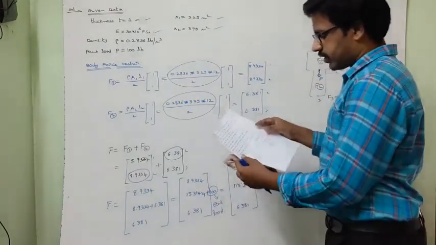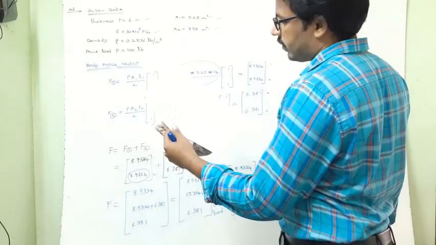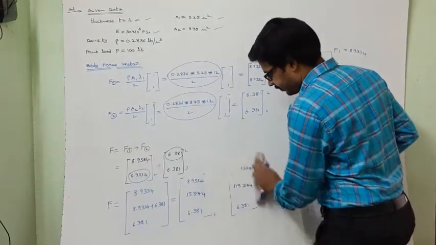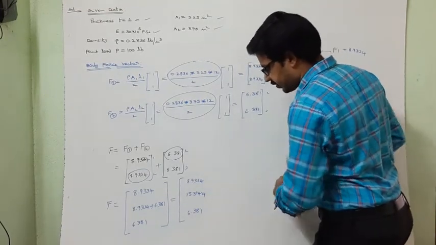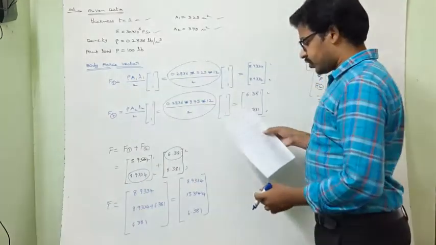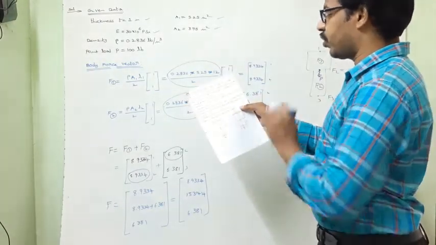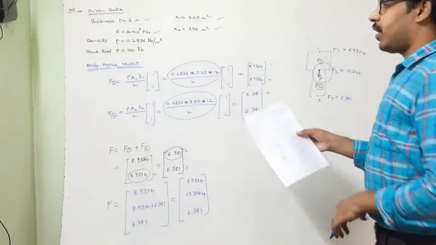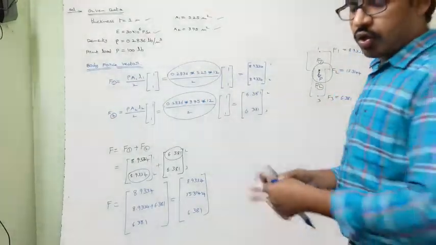Coming to the third question: assemble the structural stiffness matrix K and global load vector, that means F. In the second question, we need to solve only the F1, F2, F3 values. No need to add 100 lb in the second question. In the third question, assemble the structural stiffness matrix K and global load vector F. So here the global load vector means F2 plus the point load. So we need to calculate, for the third question, the global stiffness matrix.